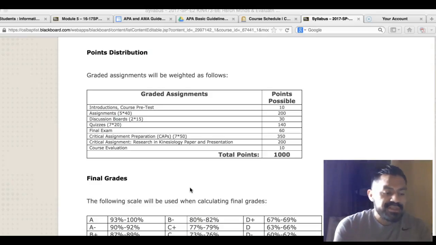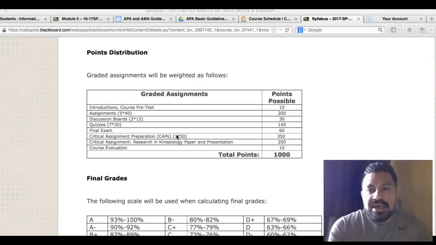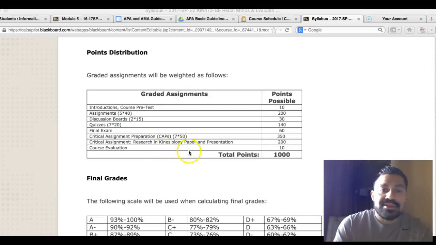And one of the things that I want to point out is that the critical assignment preparation, or CAPS, as they like to call them here, there's 7 of them. Each is worth 50 points, and that ends up being 350 points out of 1,000. The next thing is the critical assignment paper and the presentation. So that's a combined worth of 200 points. So that's over half your grade just in these 2 assignments